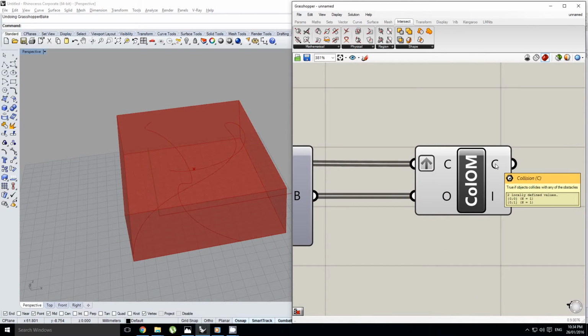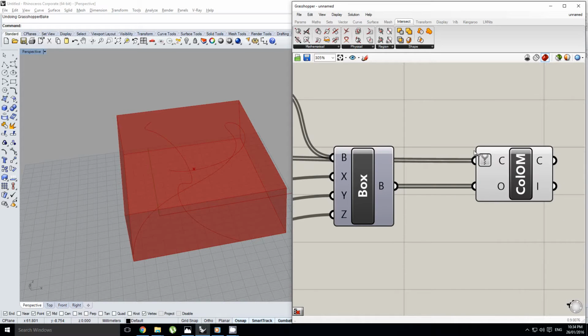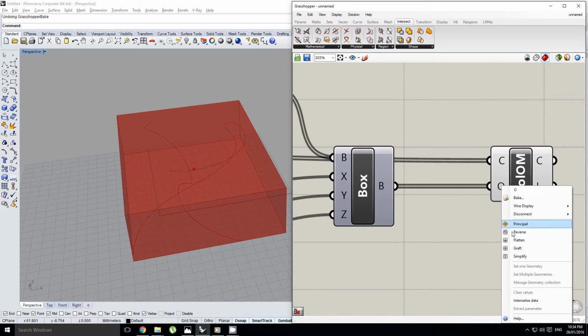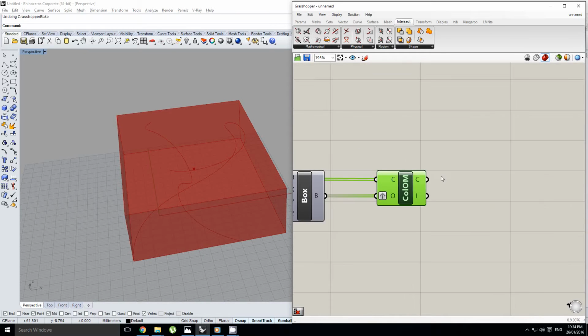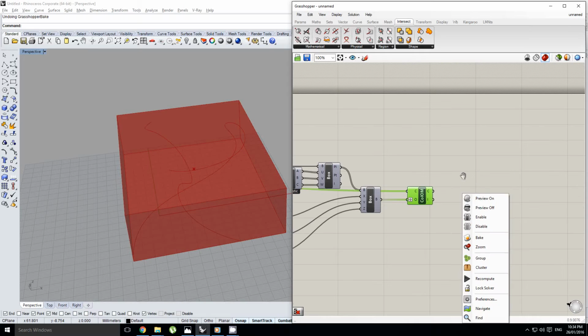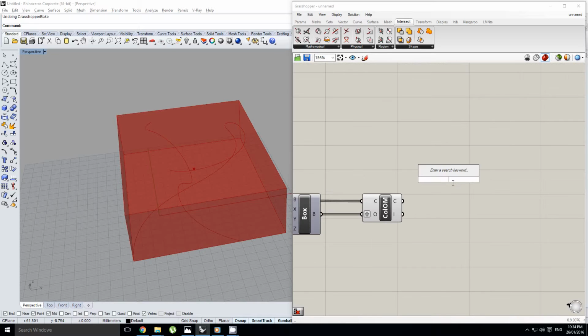And so, ooh, hold on, sorry, wrong thing. There. We're going to graph these, and so for each of these we're going to get a true and a false value. So what we can do, let's just grab a list item out,